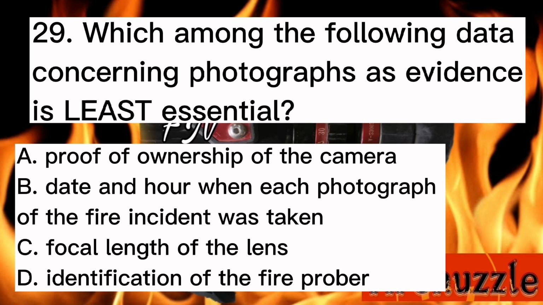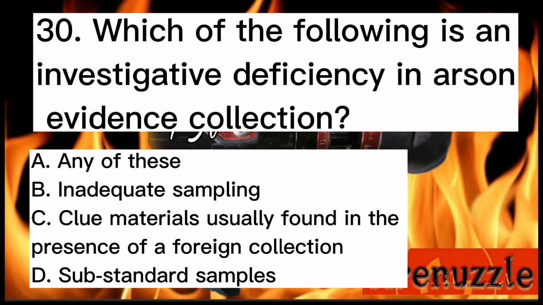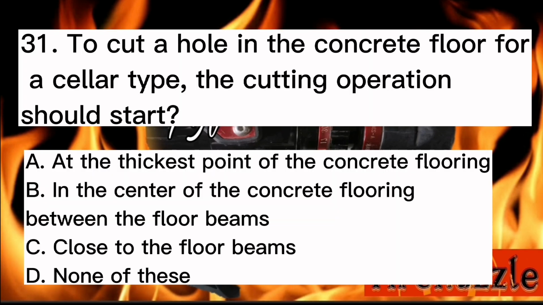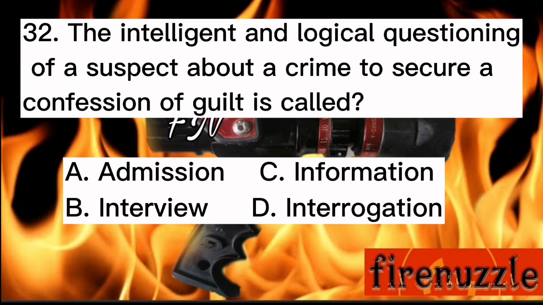Which among the following data concerning photographs as evidence is least essential? Which of the following is an investigative deficiency in arson evidence collection? To cut a hole in the concrete floor for a cellar type, the cutting operation should start. The intelligent and logical questioning of a suspect about a crime to secure a confession of guilt is called